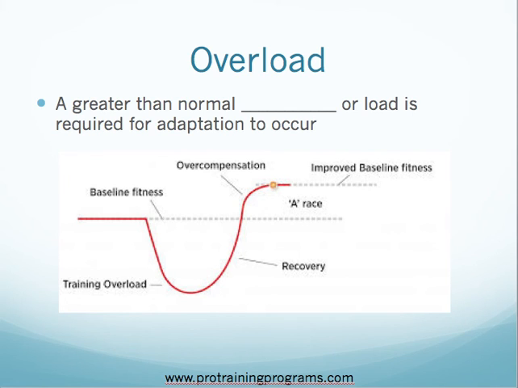So I like this graph because it really does show you that there is a baseline fitness, and that our training overload, that we will come down into this area where we start to see some deformation into that musculature. But then our body is so smart, it will try to build up that musculature so that the next time that same stimulus comes, that now we're compensated for that, and we're able to better handle that. Of course, we reach a ceiling effect, which we'll get